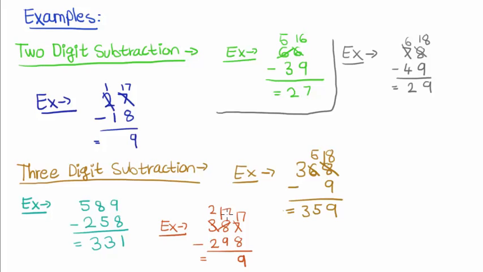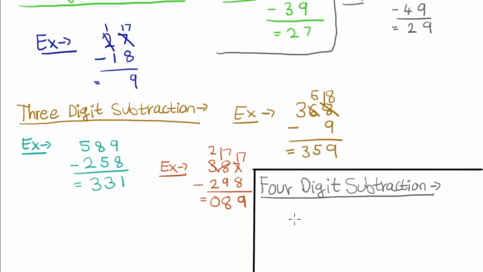Now I can proceed. 17 minus 9 will give me 8, and 2 minus 2 will give me 0. So this is my answer. My answer is 89. Let's do one example with 4-digit subtraction before I leave you in this video. So let's get straight to the example. And let's say I have something like